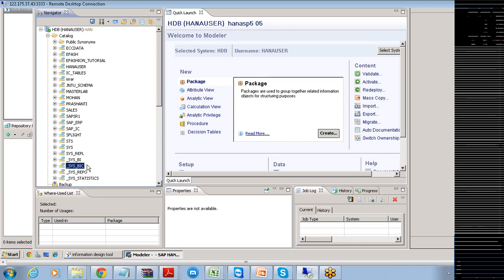The second option is to create only the physical tables and do the replication with the help of BODS and load the data into this particular HANA database, and then use those physical tables as the base tables for doing the modeling activity in business objects. Those are the things that we were discussing yesterday, Srini: the pros and cons and the possibilities of having this modeling distributed throughout your architecture.